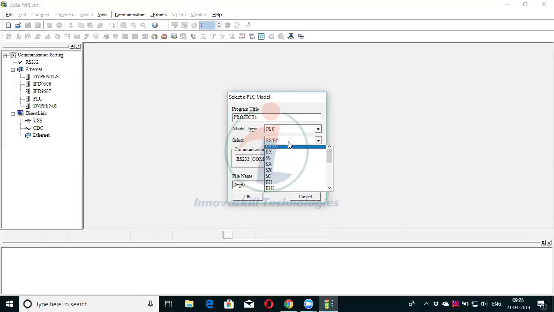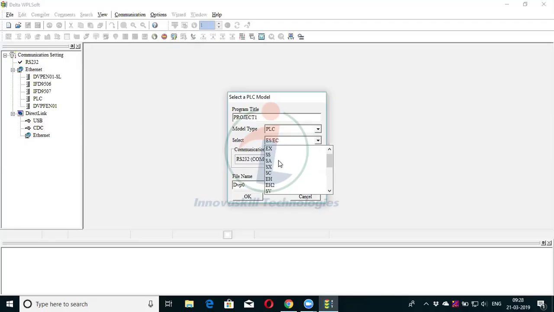After that, you have to select the different models you have. As I said earlier, in DVP these are the different models: EX, SS, SA, EH, EH2, SV, like that. Different series are available. From this, you have to select the exact model we have.